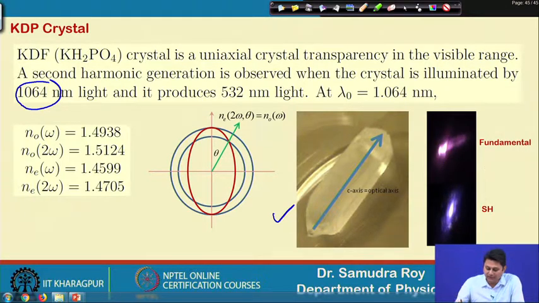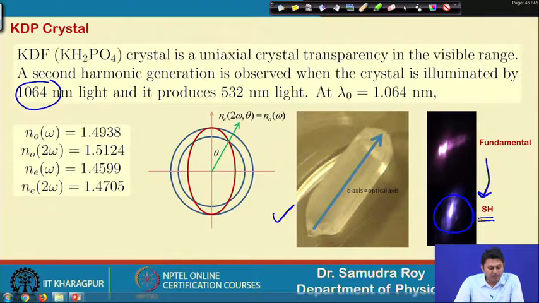An important thing is that from this fundamental, the second harmonic is generated experimentally, and this is the spot of the second harmonic. So, I launch one light which is not in the visible range, in the IR side, but the light that is generated is well in our visible range, on the blue side, because the wavelength is around 530. So, we will have a bluish light which is our second harmonic.